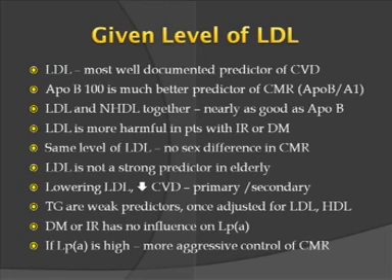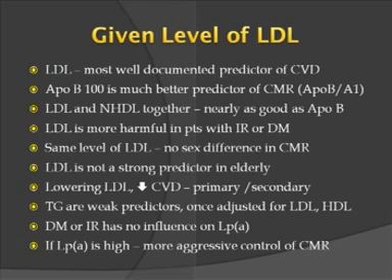LDLc is most powerful for predicting cardiometabolic risk. ApoB 100 is the lipoprotein coat of the LDL, and it is a much better predictor of the CMR than LDL alone. LDL and non-HDL cholesterol together are nearly as good as measuring ApoB. ApoB 100 measurement is costly and not easily available everywhere. So if you measure the LDL and quantify the NHDL, together they will tell you about the atherogenicity of the